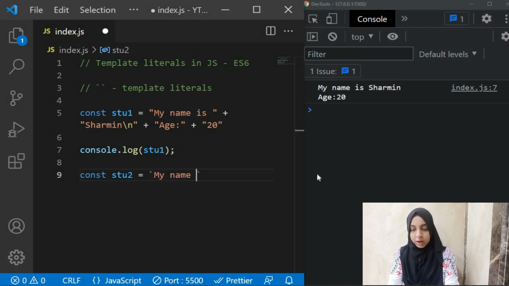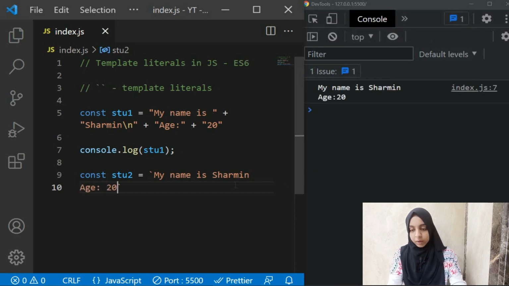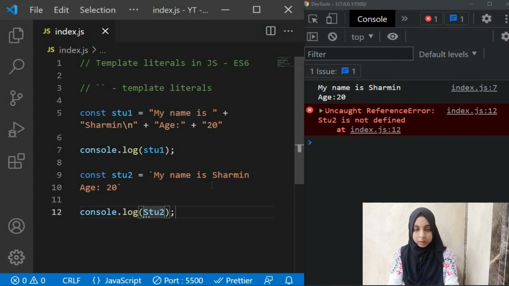Here you can write my name is Sharmin, and then we go to the next line, and here if we write age equal to 20, and let's log this student2. Okay, this is not capital.